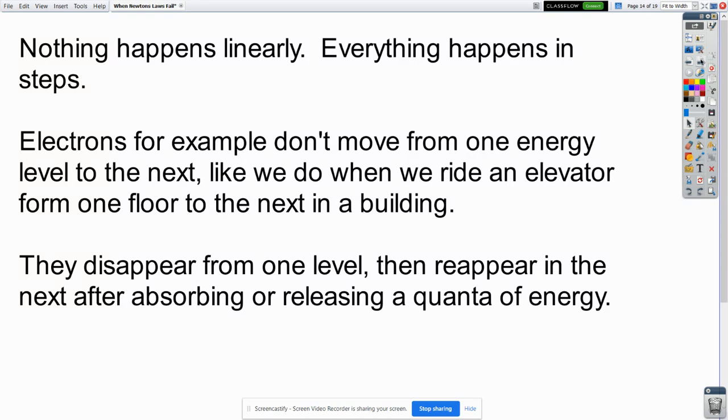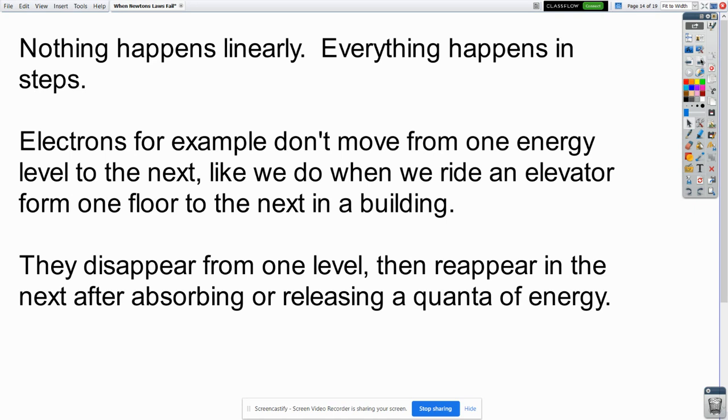In the quantum world, nothing is linear. There is no such thing as a linear increase or decrease. Everything happens in steps, jumping from one step to another, not smoothly moving from one step to another. For example, when we climb stairs, we fluidly move from one step to the next. Our body will be in positions between steps from time to time as we literally move up the stairs.